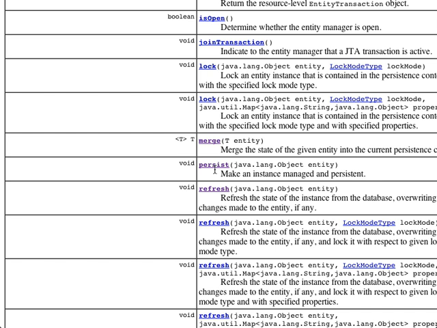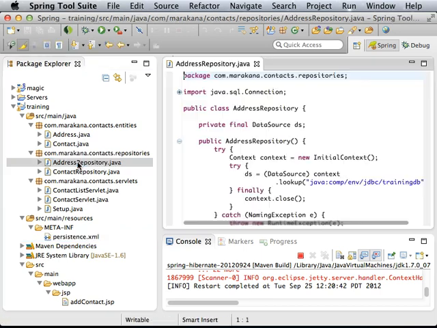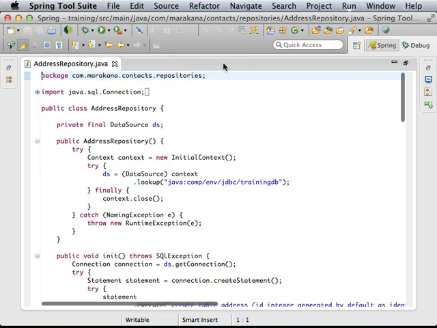Like I said, this is going to deal with some of our problems, but not necessarily all of them yet, right? So this API is a little bit weird. That's why I wanted to talk about it first. But anyway, let's take a quick look just to give you a sense of what sort of work we're going to have to do. Take a quick look at our address repository,